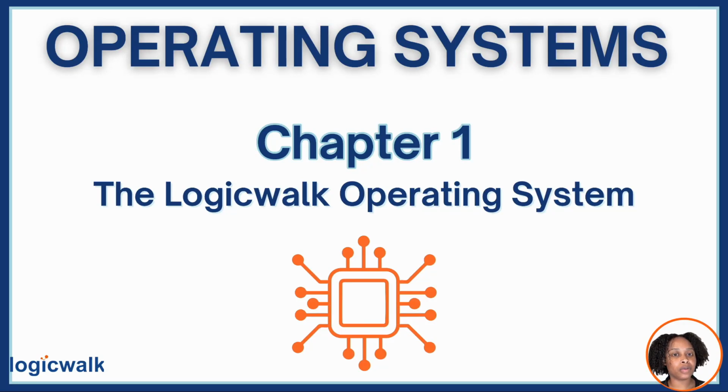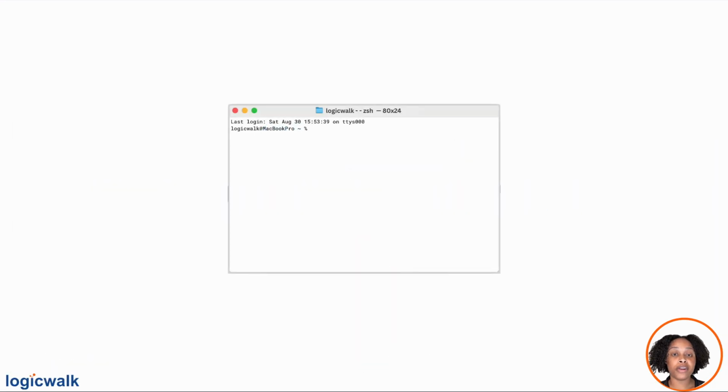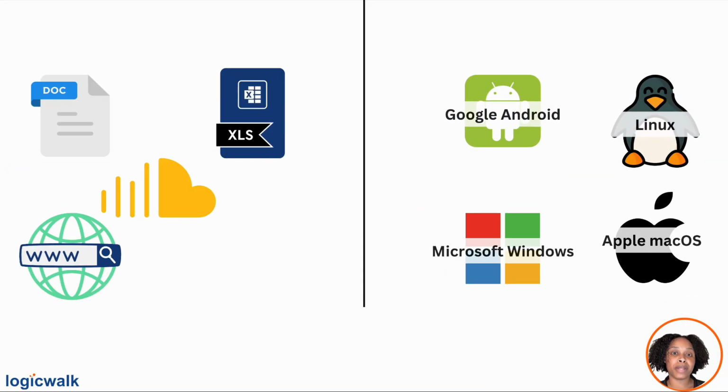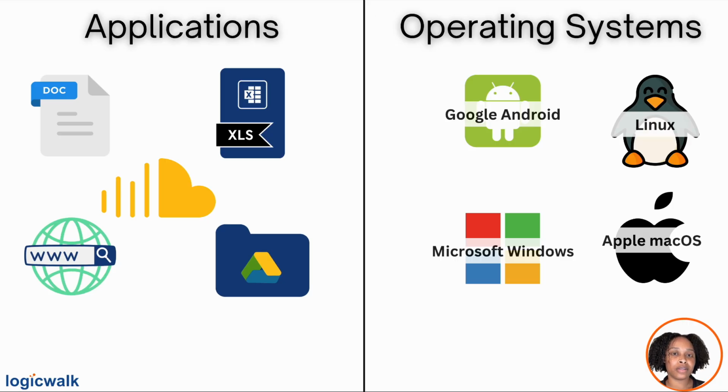In our last lesson, we introduced the operating system, looked at the role of the shell, compared it to graphical interfaces, and distinguished operating systems from applications. In this lesson, we'll shift from defining what an operating system is to exploring how we can actually study one